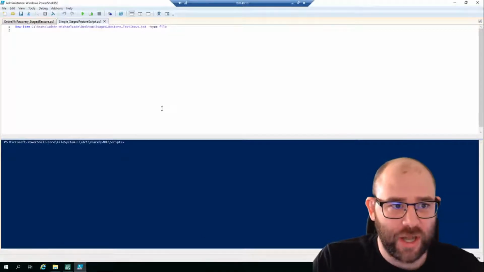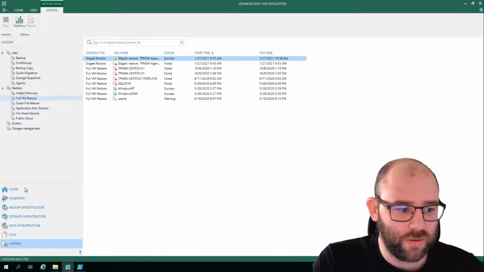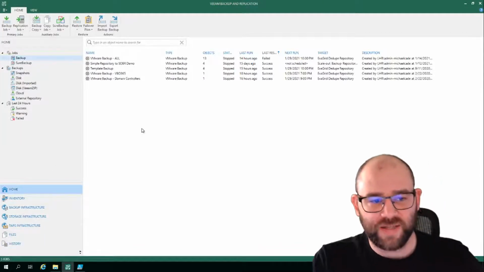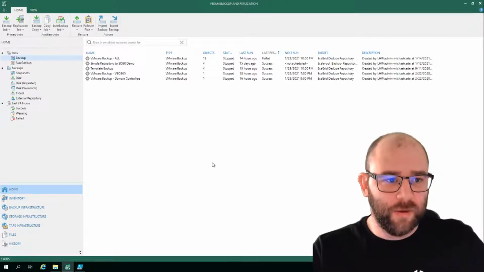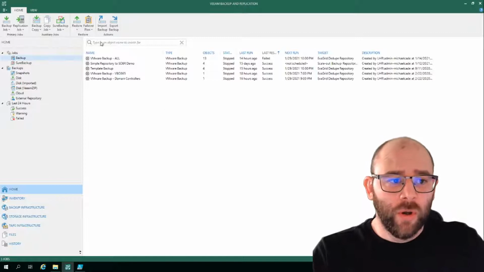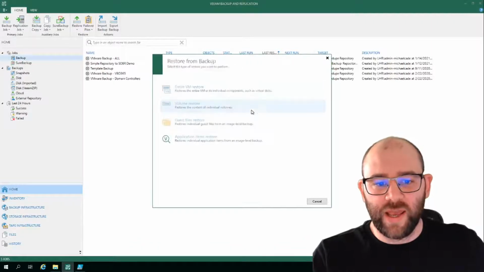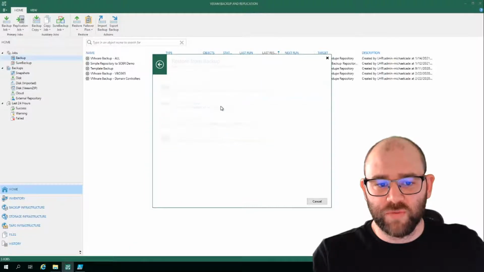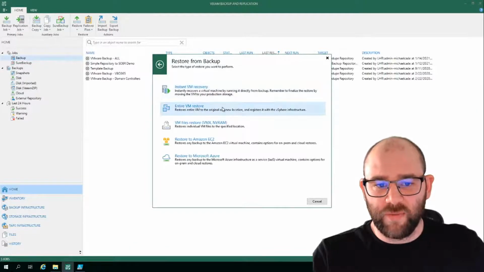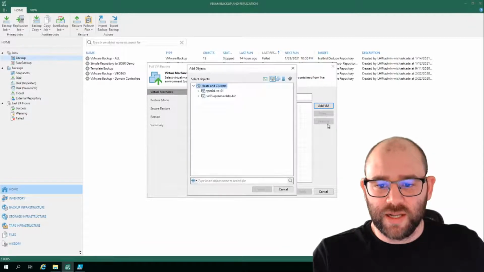Okay, so let's jump back in here before I come back to the other PowerShell script that I wanted to show. That's what I linked before. So, like I say, this is only applicable to entire VM recovery. So if we go in here, we are not going to find it in these other areas. We're only going to find it in this entire VM restore. So what that looks like is,